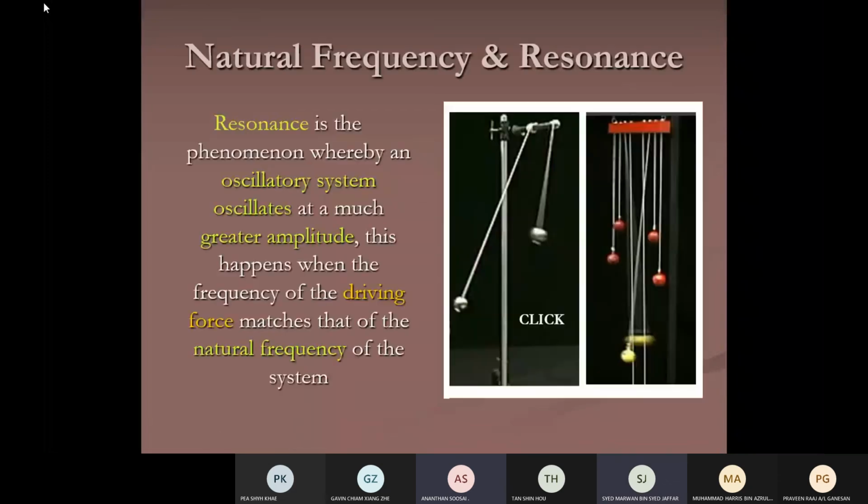Okay. So let's talk about resonance. What is meant by resonance? So this is the long wording you need to remember. What is resonance? Resonance is a phenomenon. It just happens. You don't know why it happens. Resonance is a natural phenomenon. The oscillatory system